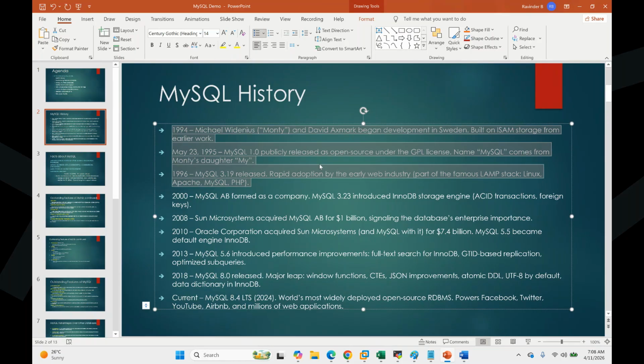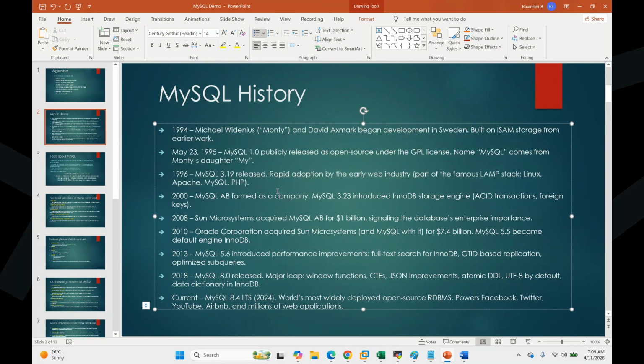So it's an indirect licensing model. We call it GPL, the General Public License model, where anybody can use it. But if you are taking MySQL into another product, and that other product is not exposed to the market as open source, then they have to pay the money. So that's the licensing model they had.